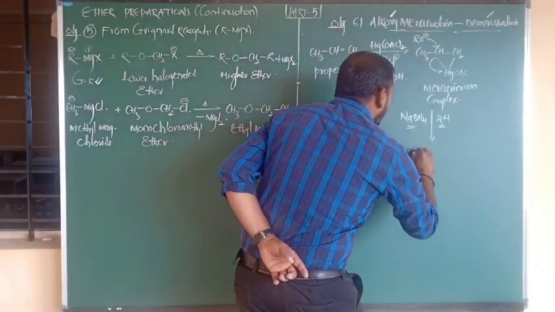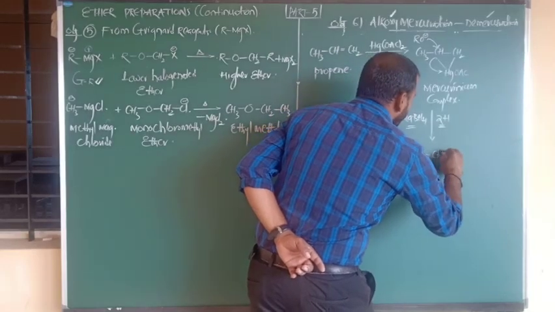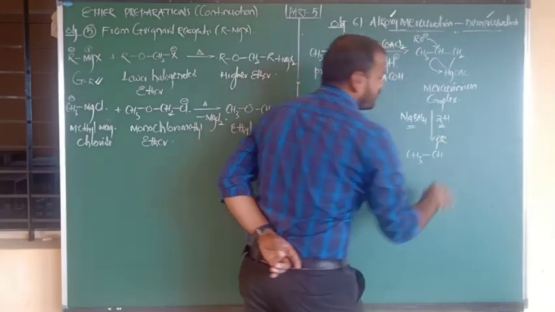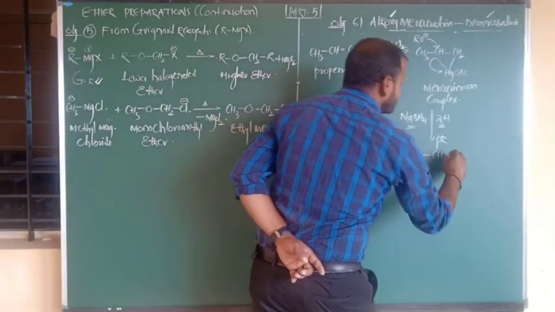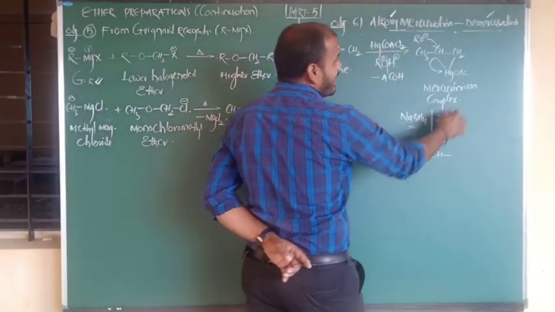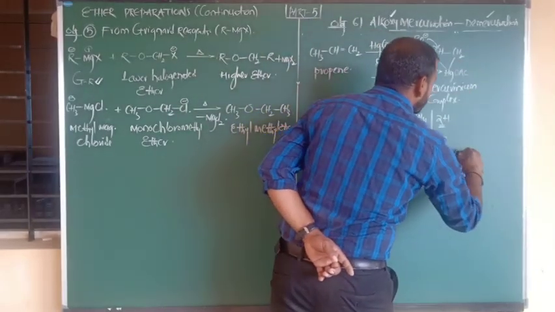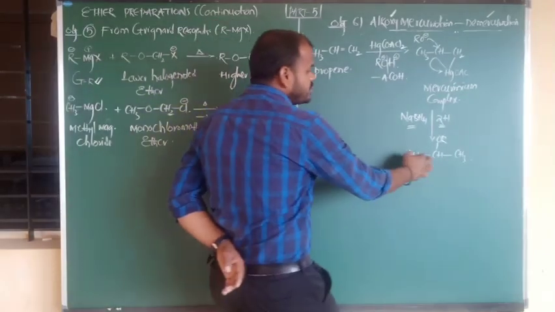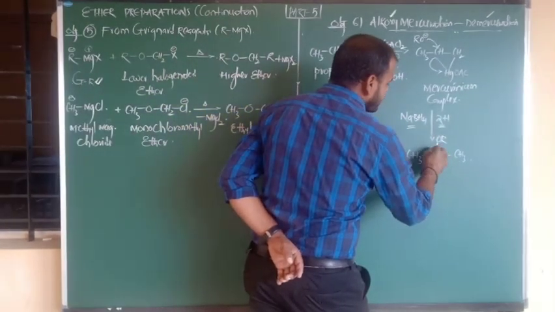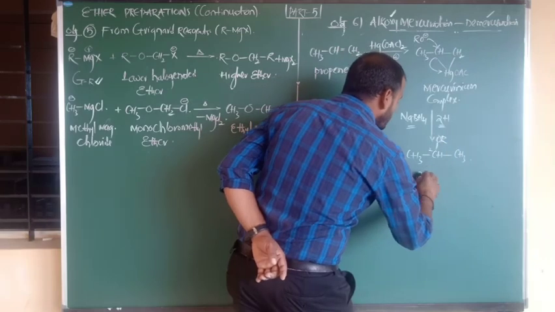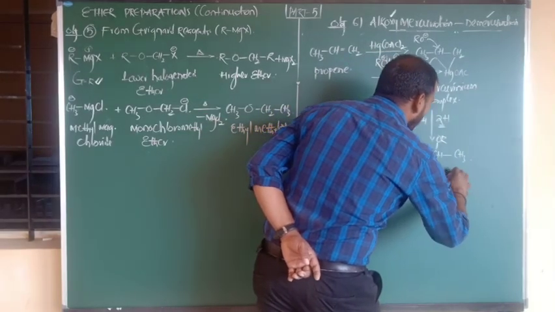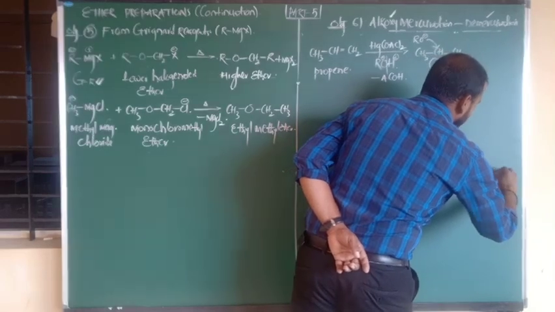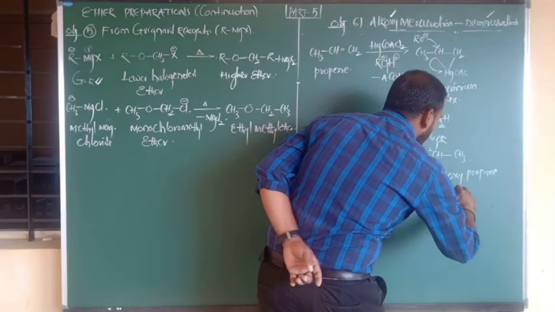CH3 bonded to CH, I am going to write here. The back attack of the alkoxy group means it is connected to OR. And what bond is there here? A single bond. One of the hydrogens is given to CH2, and CH2 goes to the CH3. Understood? 1, 2, 3, nothing but propane, but the second carbon is connected to the alkoxy group. So what will be its name? 2-alkoxy propane. This is your IUPAC name.